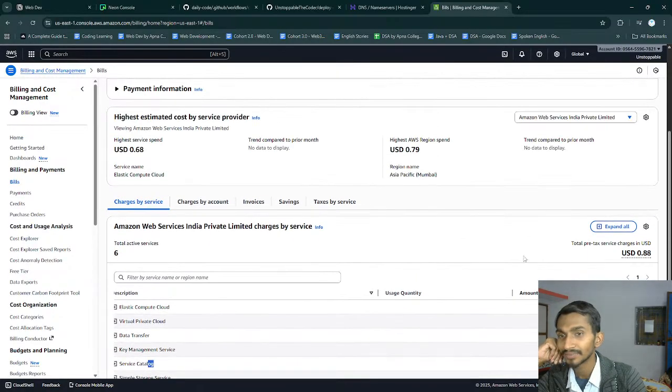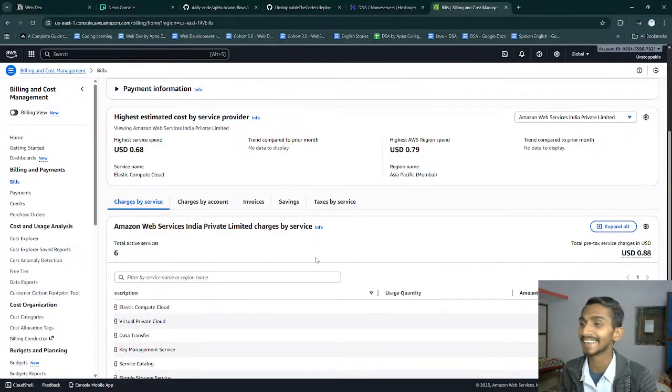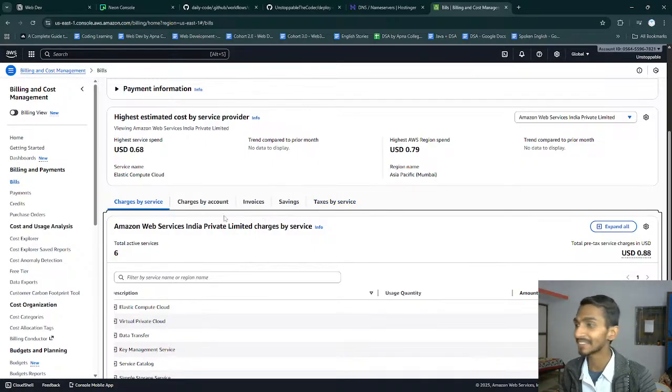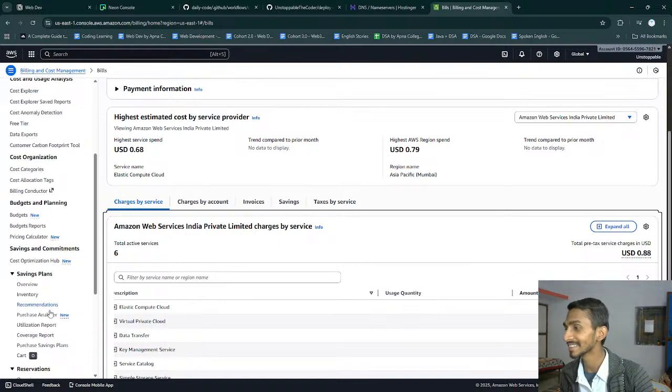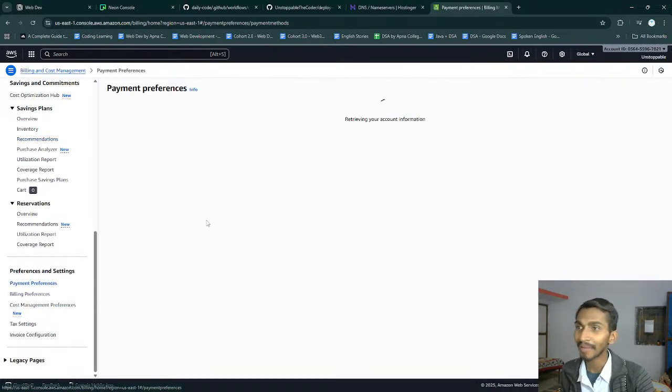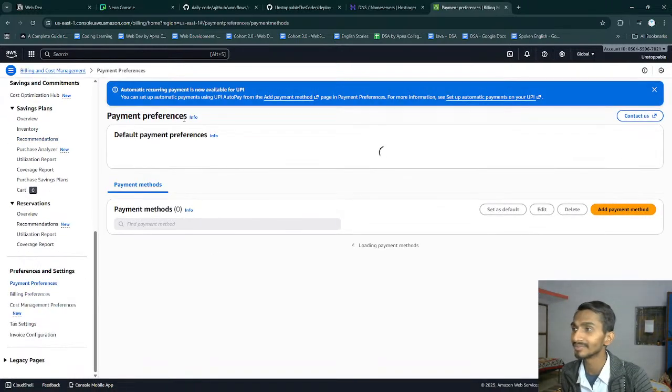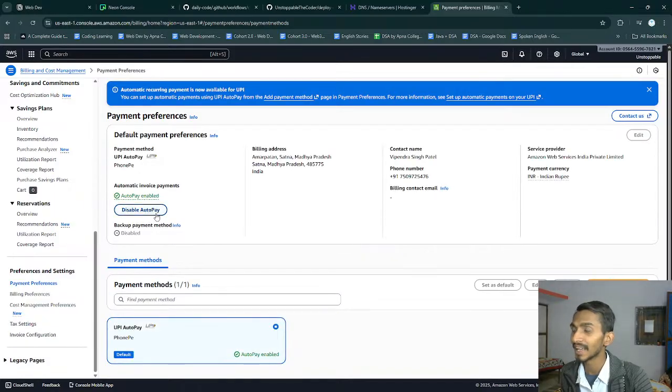Total tax. I am going to remove my ATM card. If it still shows phase 0, then we'll figure things out. The thing is that under the preference section, I'm sure it will not allow me to create or do things. I'm going to disable autopay right now.